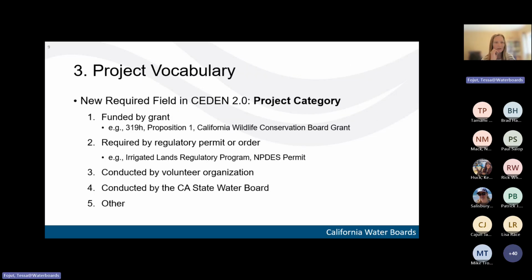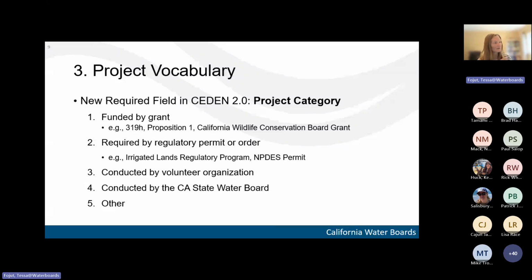So this is another vocabulary thing that we are seeking feedback on. We've already gotten some feedback, and just figured bringing it to a larger group will also give us more insight. Several years ago, when we started working on CEDEN 2.0, there was a request from our upper management to add a field that would give some sense of what types of groups or projects are monitoring and submitting their data to CEDEN.